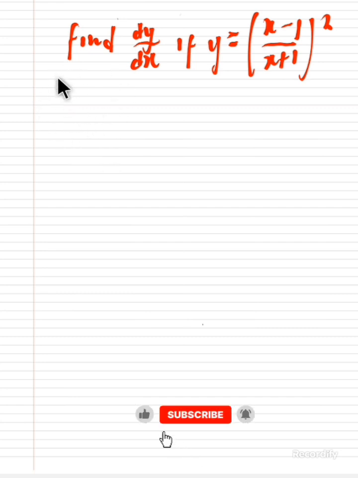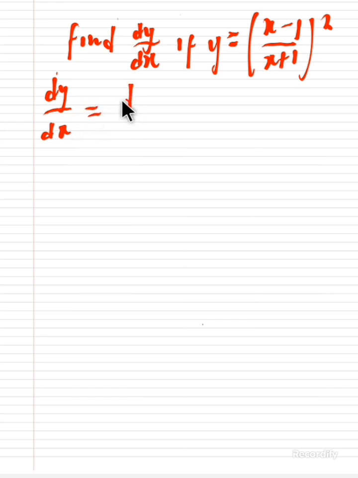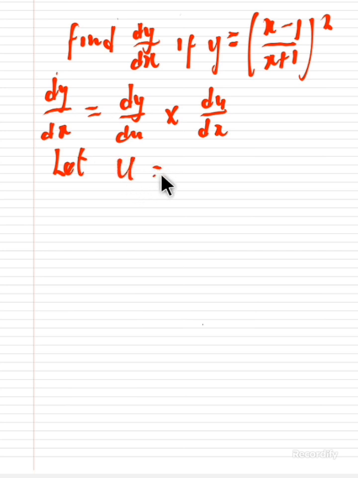Okay, so don't forget that the formula for the chain rule, that is the composite function, is same thing as dy/dx, which is equals to dy/du multiplied by du/dx. Alright, this is cool. Now let our u be everything inside our bracket, that is x minus 1 all over x plus